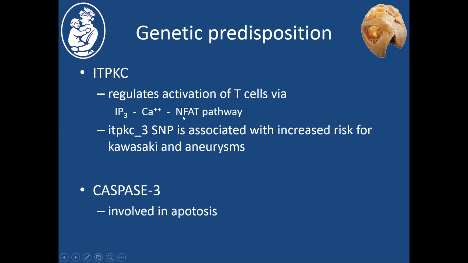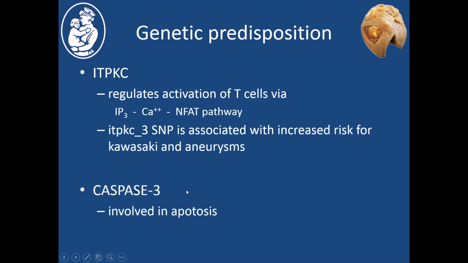And this seems to be important for activation of T cells, and that may be why this particular haplotype is associated with a predisposition to aneurysms and development of Kawasaki disease in the first place. Also, caspase-3